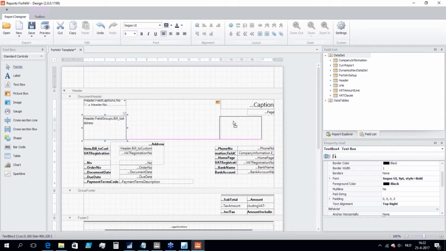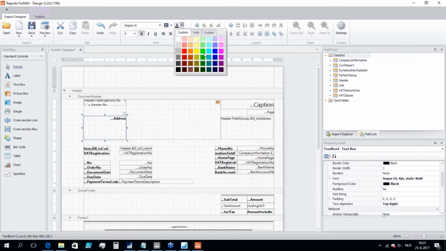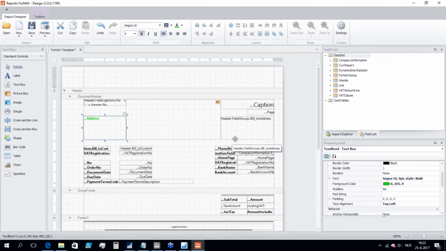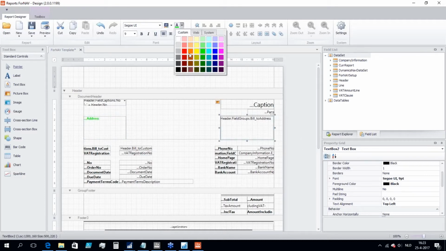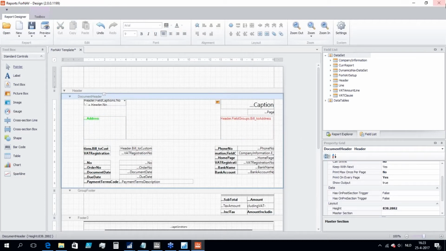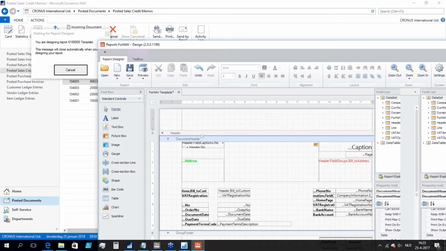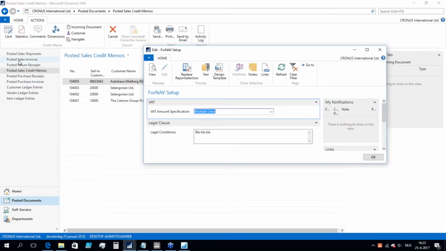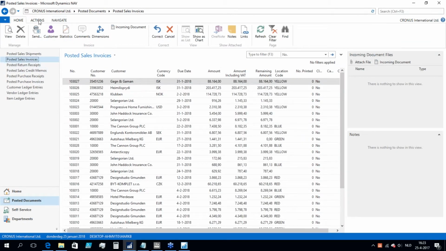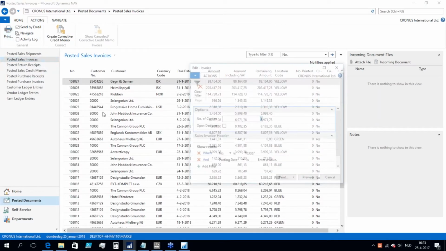And let's say that this address goes here, and this address goes here. And let's change the color so we can actually prove that it's really changed to green. Let's align it to the left, and let's make this one red. If I now save my template and go back to my sales invoice, if I print my sales invoice